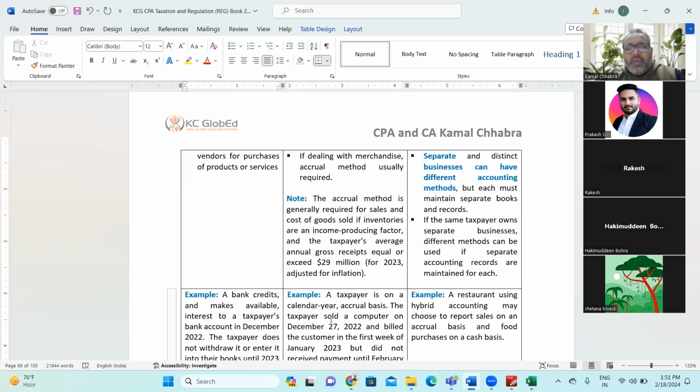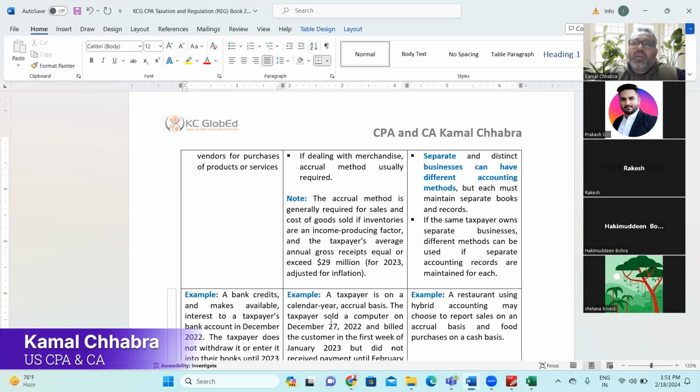Another thing, if you remember when we were studying residential status, at that point of time we touched on one point. You can file a joint return if the spouses follow different accounting methods. But you cannot file a joint return if there is a difference in accounting period. So here also, if you have different businesses following different accounting periods, you need to reach a conclusion on how you can consolidate and make sure all businesses follow the same period for filing your tax return.